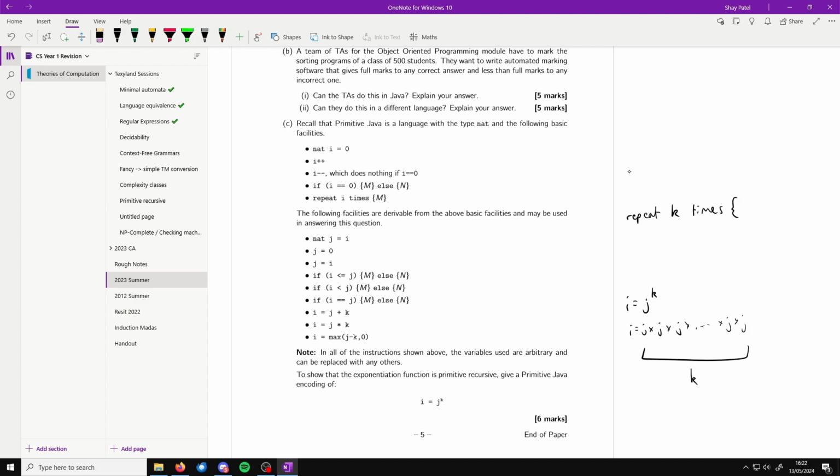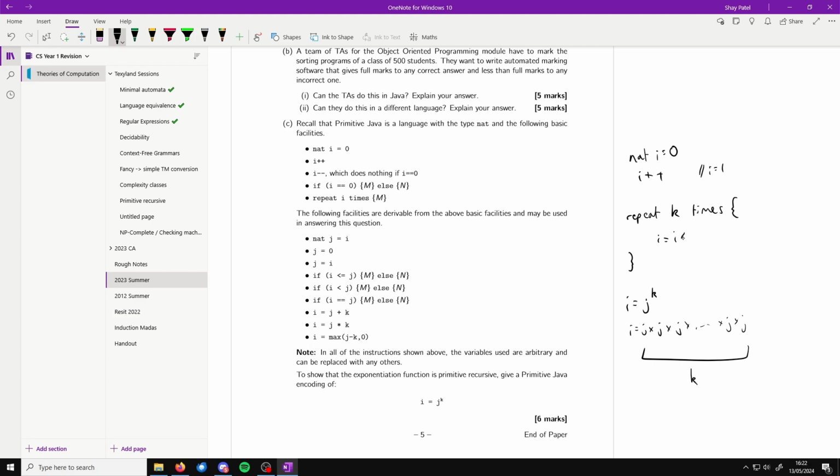What we'd do first is say nat I equals 0, and then if we do I plus plus, so at this point I is equal to 1, and so we can repeat k times